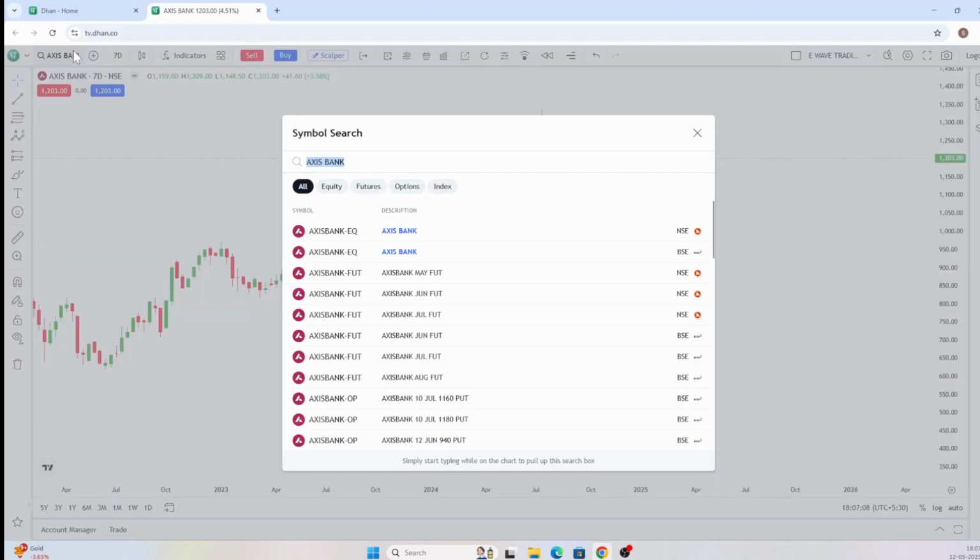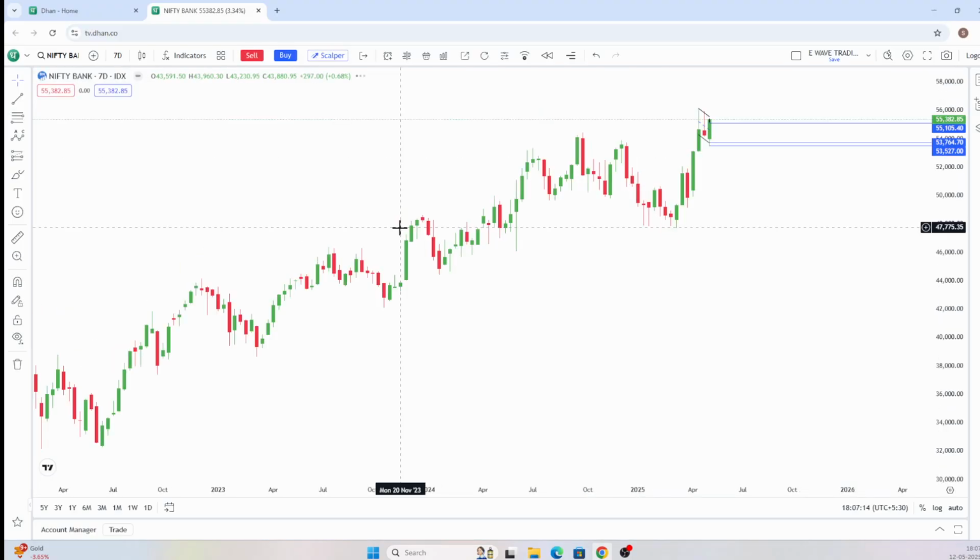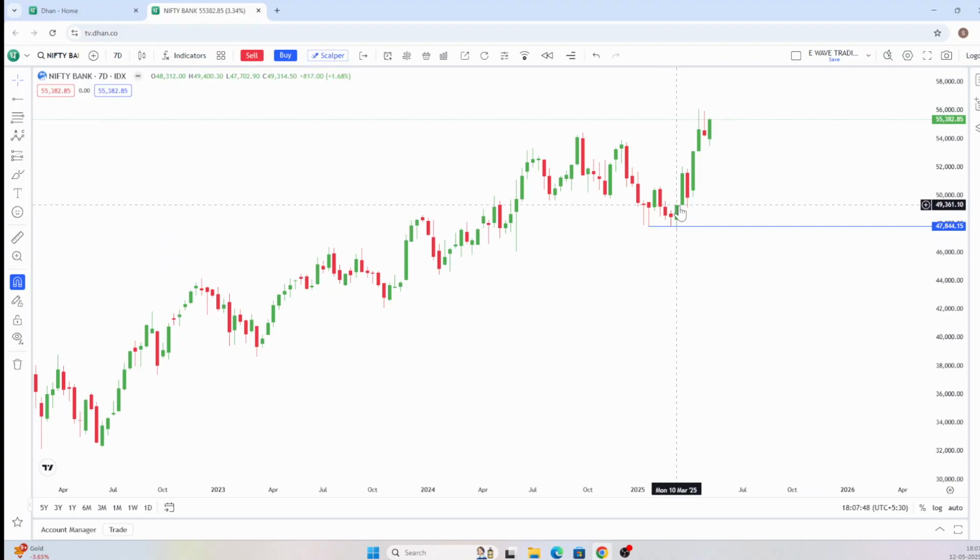Let's see Bank Nifty. Now let's remove everything. If you see very carefully, Bank Nifty had made a doji, spinning bottom, not a doji, then it made a hammer here. Then it made a bullish engulfing. It came below, but it never closed below this. This hammer was violated on this candle, but when this candle got closed,